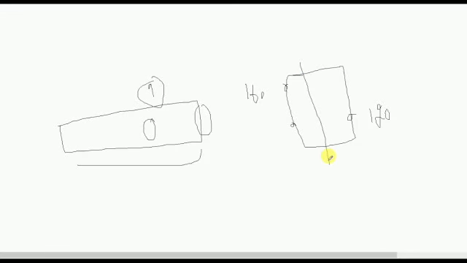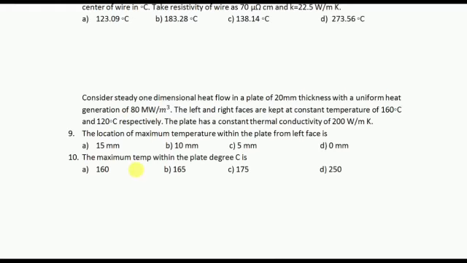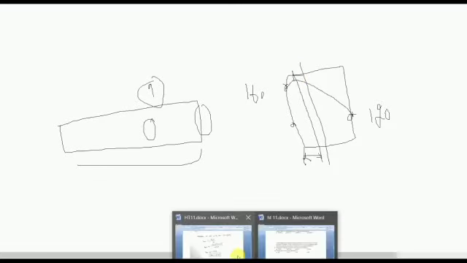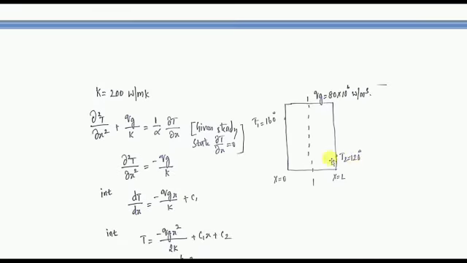First you find the maximum temperature's location, and they are also asking in the second question what is the maximum temperature also. If you are finding maximum temperature like this, the graph is going like that. So temperature is maximum here, which means they are asking from left side how much mm, how much distance is this, and in the second question they are asking what is the maximum temperature here. Very easy, we can address this problem. You can see this is the thing, 160, 120.